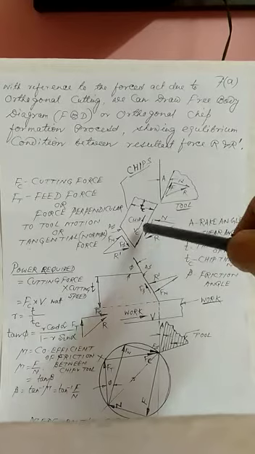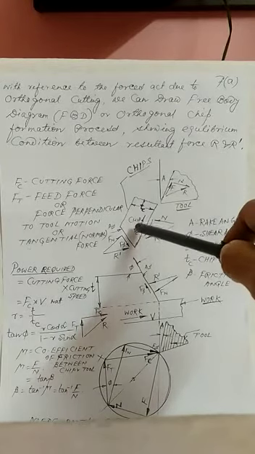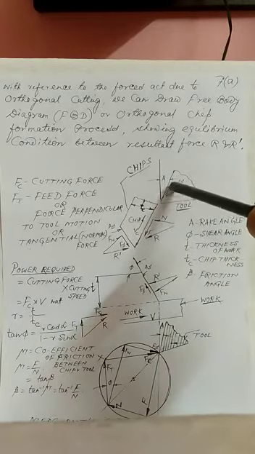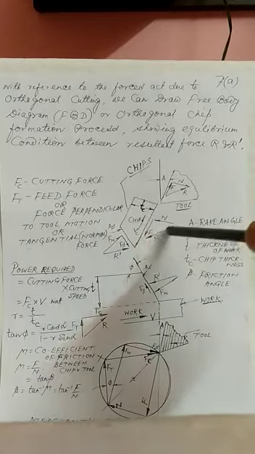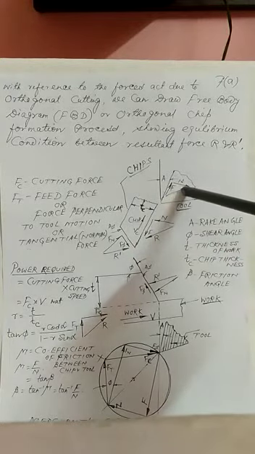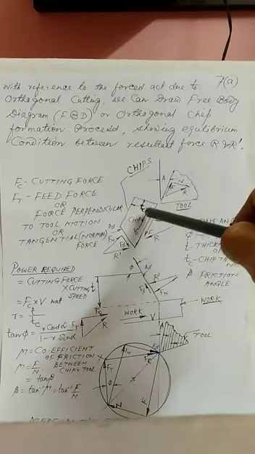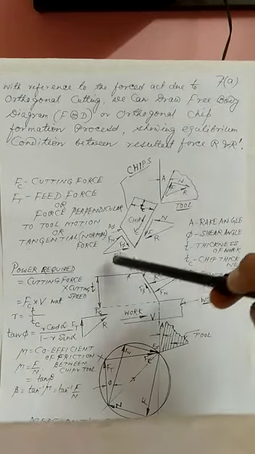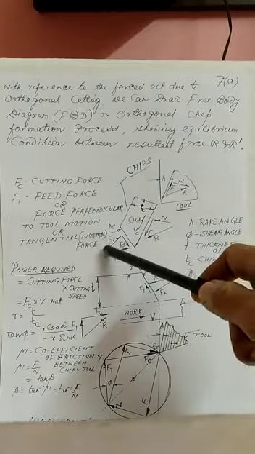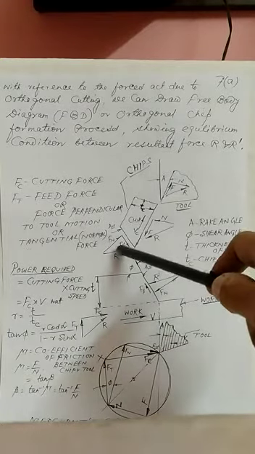Definitely the tool will give the frictional force on the chips, just opposite to this F and N, and the resultant will be opposite of the previous R. So the equilibrium between the tool and chip will happen here, and in the second phase, between the chips and the work, there is a shearing force.